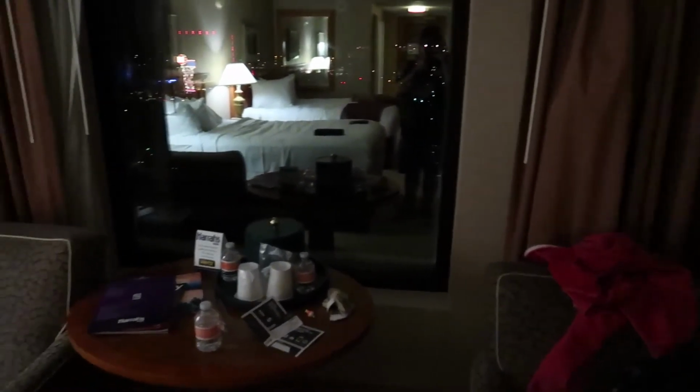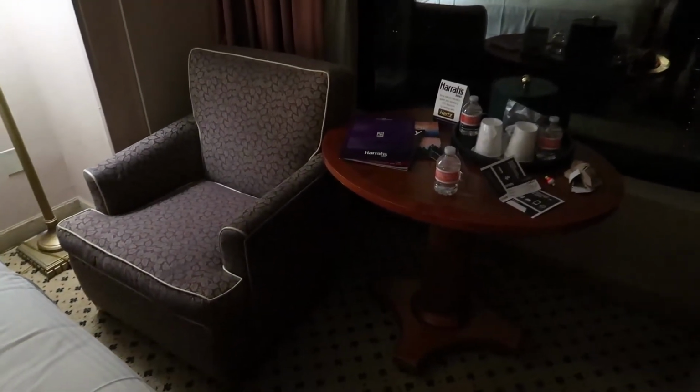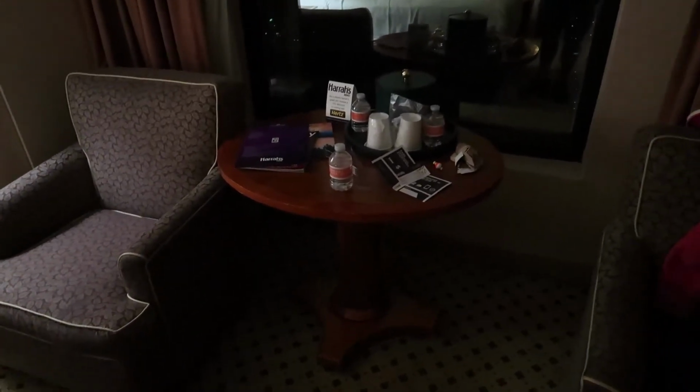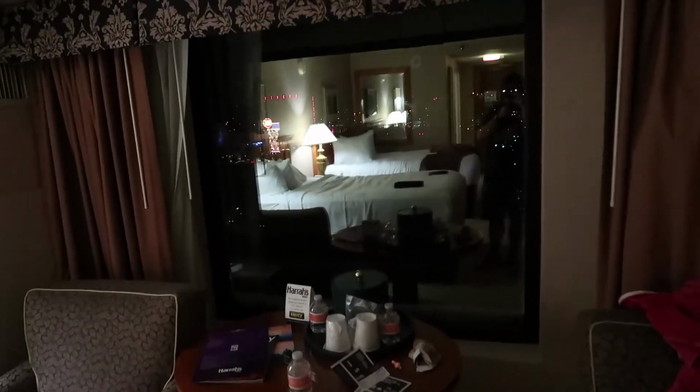Here is one of two chairs. One's kind of been taken over by my stuff, so we'll skip over to this one. They're both identical, with a table in the middle. And a not quite the biggest window, but definitely large enough,